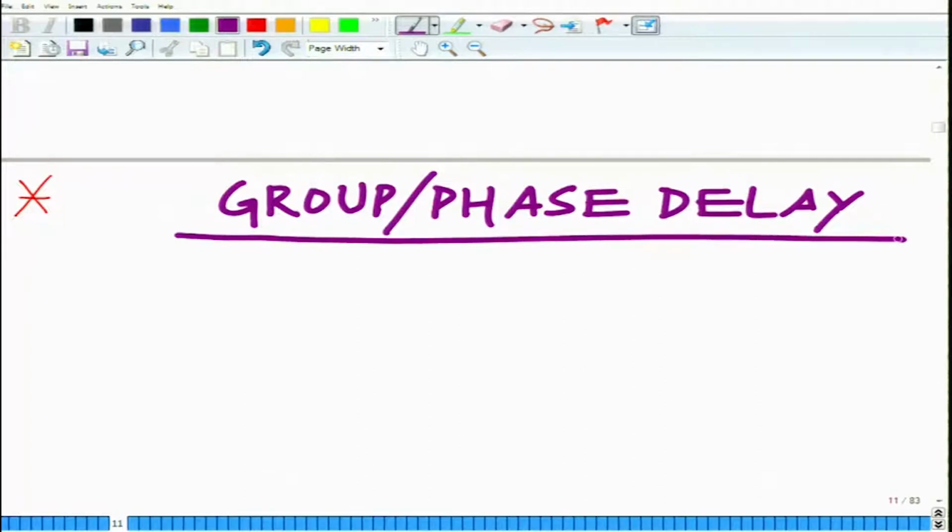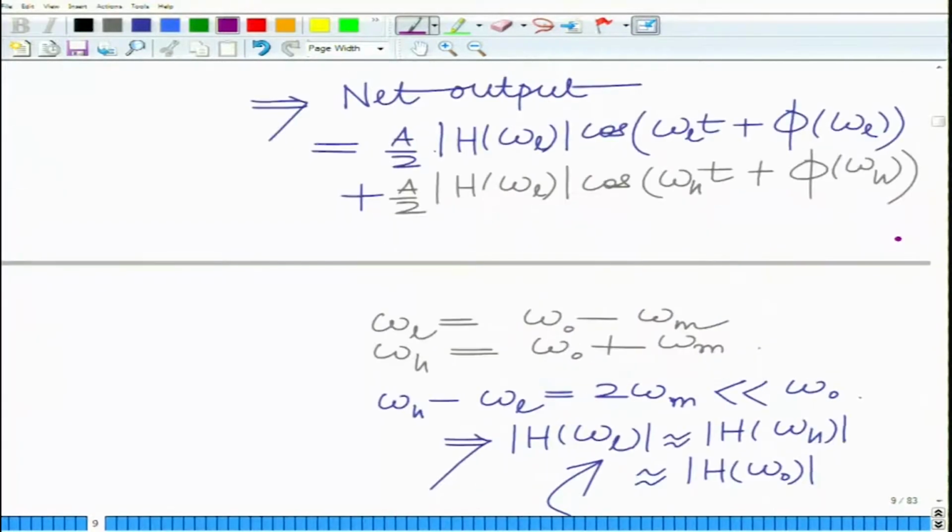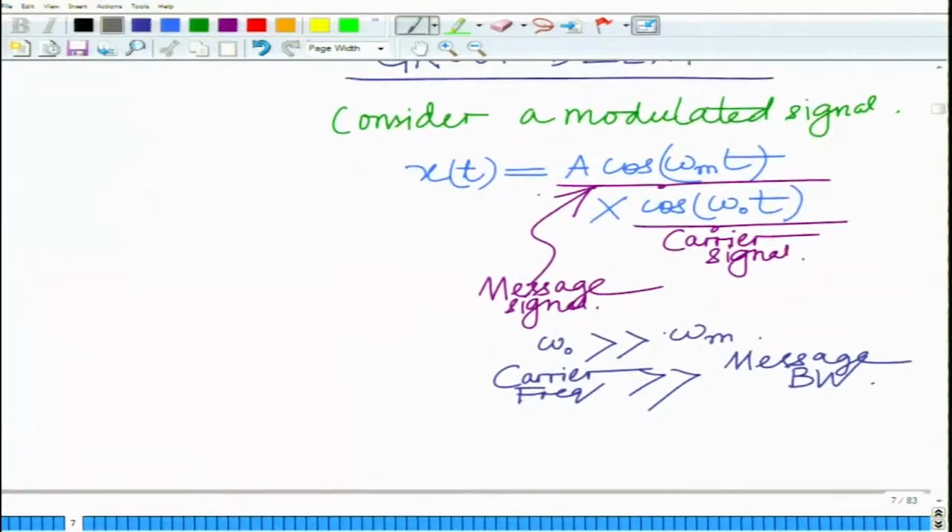All right, and before that let me just correct a minor error, that is this should be H of omega_H, and therefore, the net output of the LTI system corresponding to this modulated message signal, remember that is what we are looking at, a cos(omega_m t) times cos(omega_0 t), that is given as A by 2